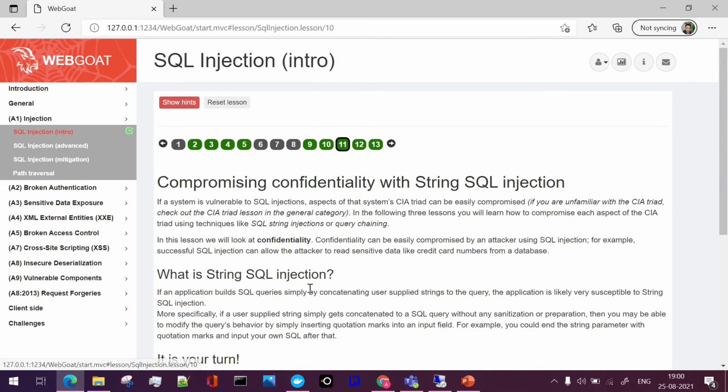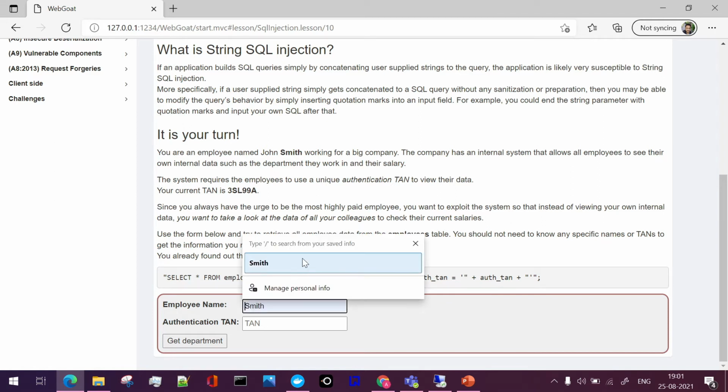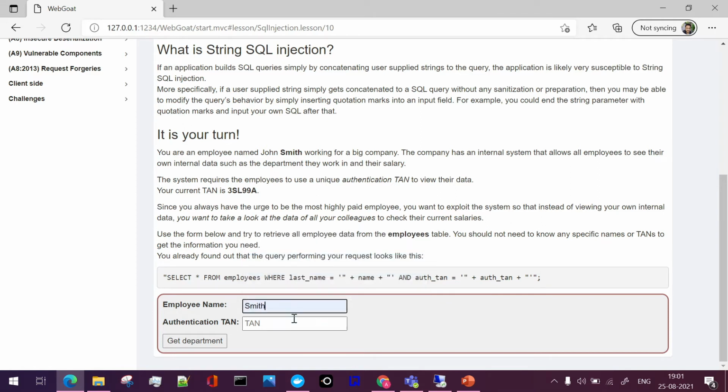If you again move on to this particular section, what it is saying is that we have to find the highest paid employee, and next we have to make our salary more than everyone in the company. To find out the highest paid employee, we can say Smith, as our name is Smith, and the 10 number. So let's do one thing. I'll copy this 10, which is provided here.